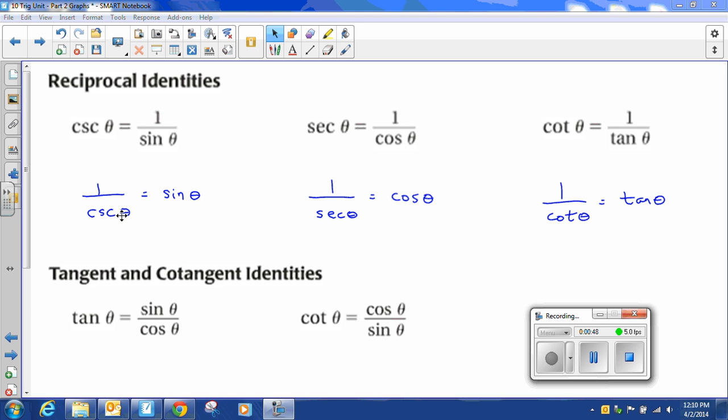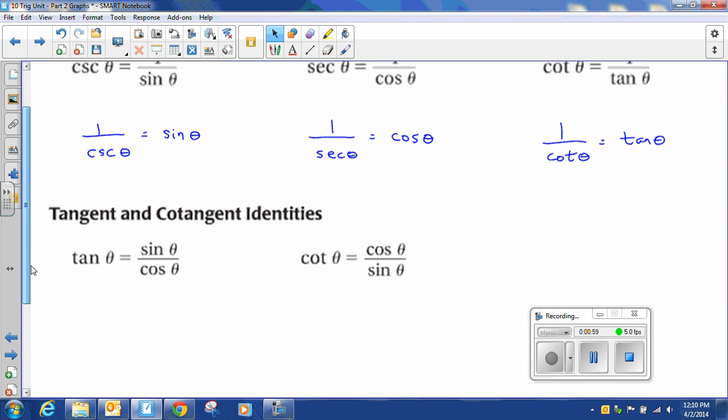So 1 over cosecant theta just gives you sine back. 1 over secant theta just gives you cosine theta back. And 1 over cotangent theta gives you tangent theta back. Another big part of today's lesson